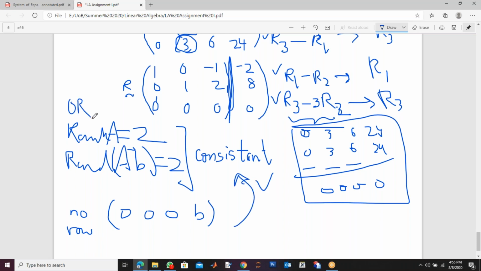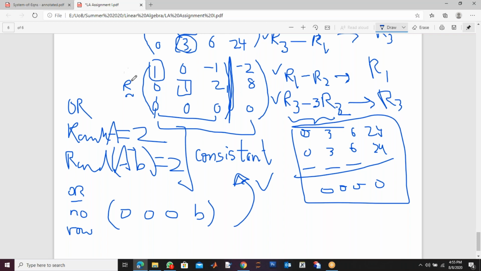Or you can say that the rank of the coefficient matrix and the rank of the whole augmented matrix are the same. So my system is consistent. You can give any reason, this reason or this reason, to say it is consistent. Now for the solution, I can write, because this is my reduced echelon form as well. I got a pivot, below it are 0. I got a pivot here, above and below it are 0. Then I have no pivot in my third row, so I don't have to make anything 0 above or below. This is my reduced echelon form.